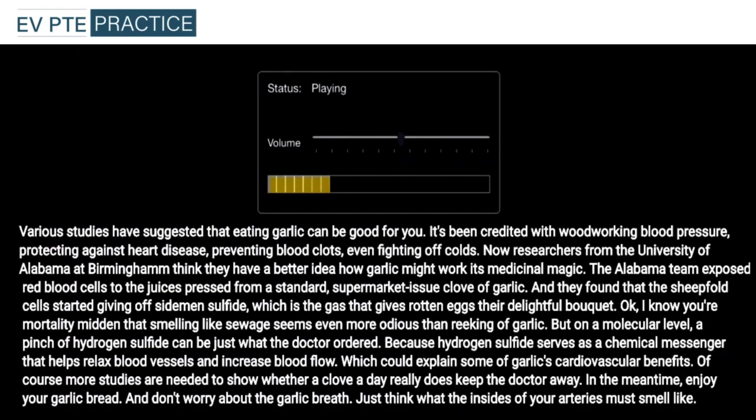The Alabama team exposed red blood cells to the juices pressed from a standard supermarket-issue clove of garlic, and they found that the garlic-soaked cells started giving off hydrogen sulfide, which is the gas that gives rotten eggs their delightful bouquet. Okay, I know you're probably thinking that smelling like sewage seems even more odious than reeking of garlic,